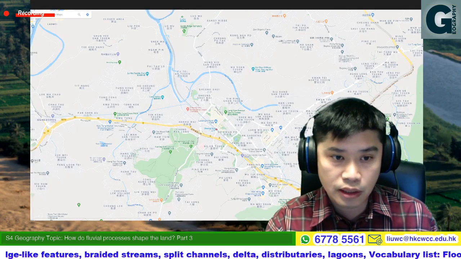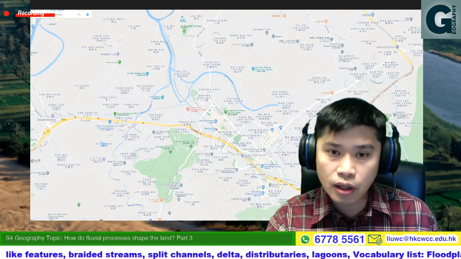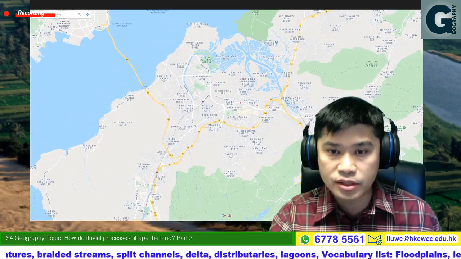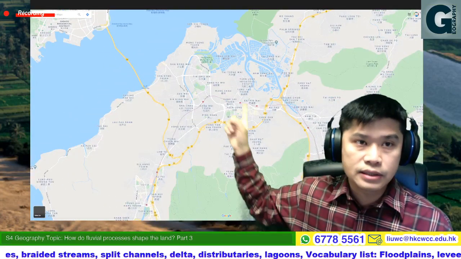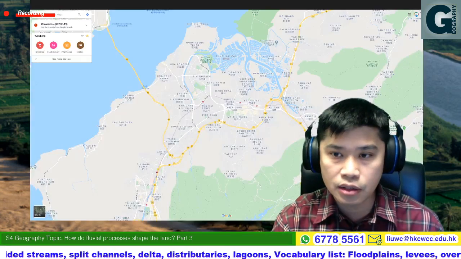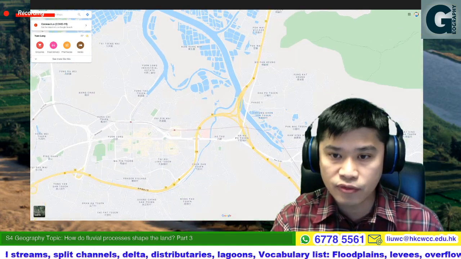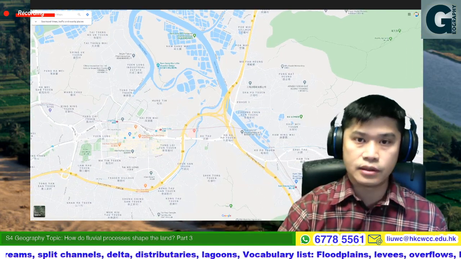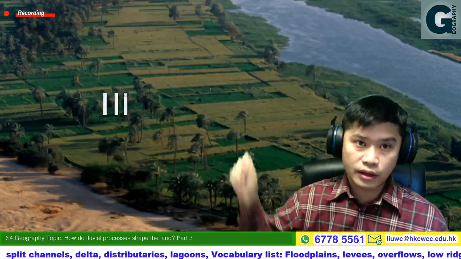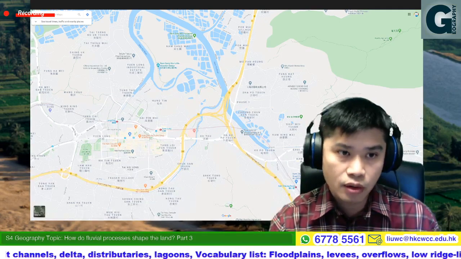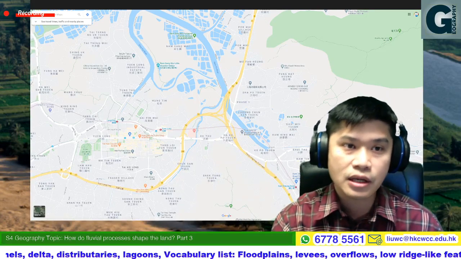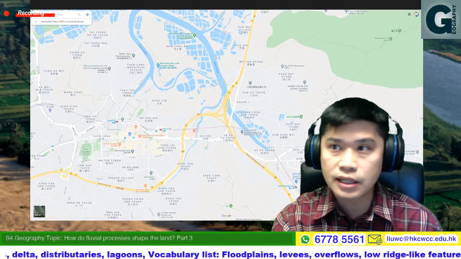So let's have a look at the case in Hong Kong. In Hong Kong, we can see the floodplain, for example this one. This is Yuen Long, and in Yuen Long there's a river. That is Cam Tin River. After repeated flooding in this place, if I switch to the satellite image,